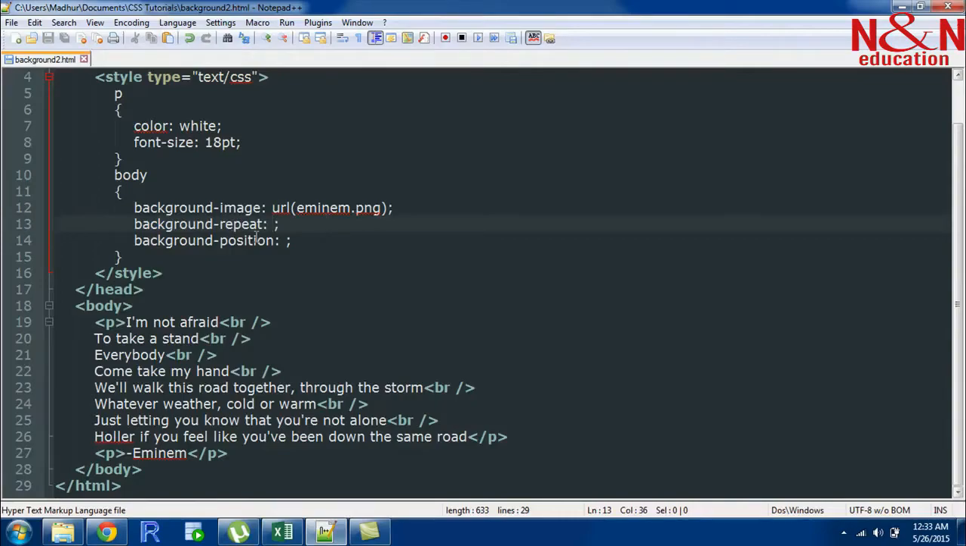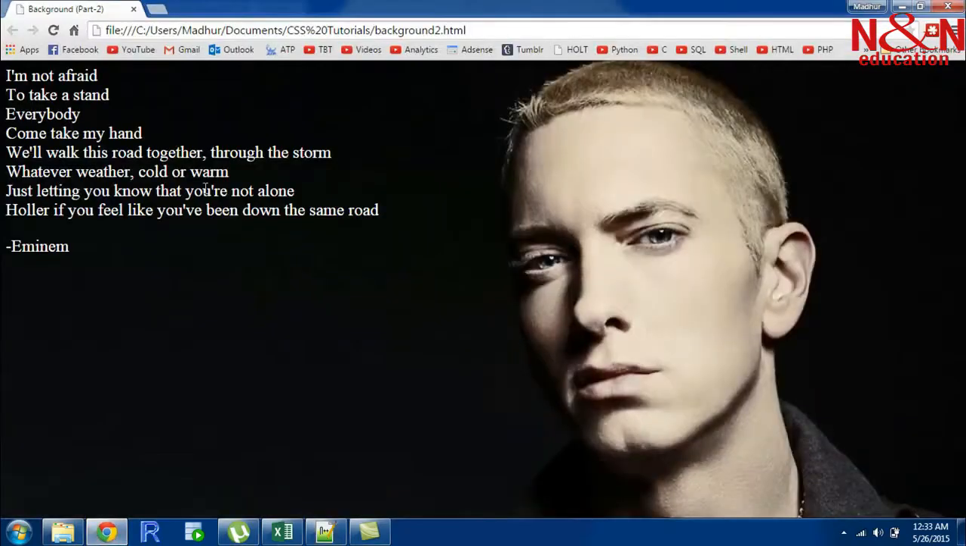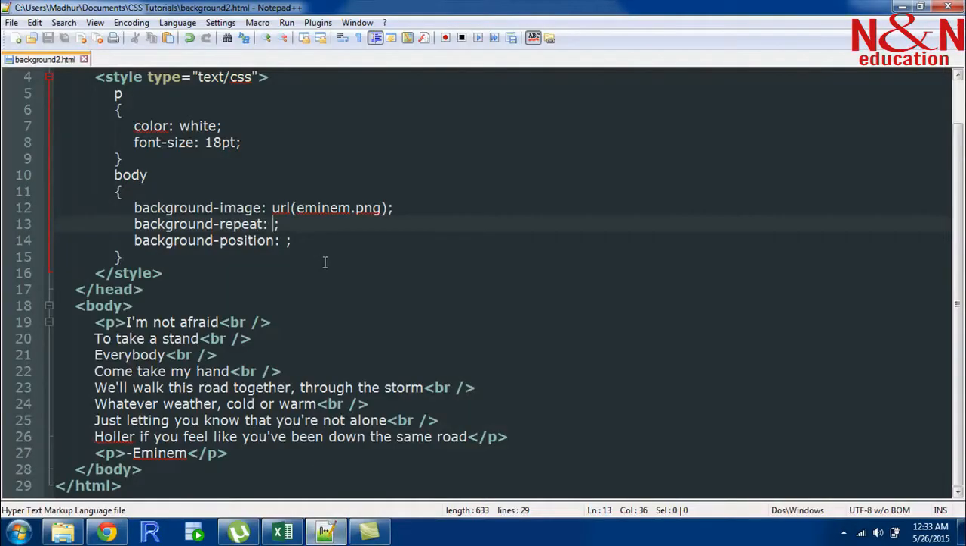So let's say you want this image to move a bit. Let's say you want it to move a bit from the left, or you want it to move a bit from the top. You're just not happy with its position and you want to change it. So the property that you would be using to play with the position of the image is background-position. So you type in background-position, put a colon,